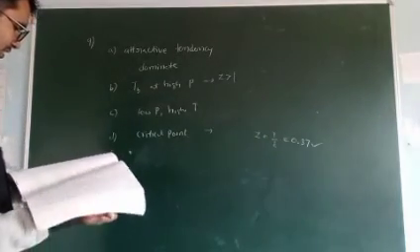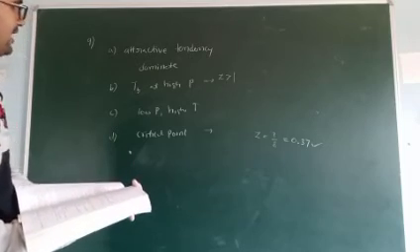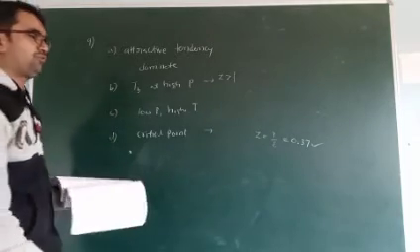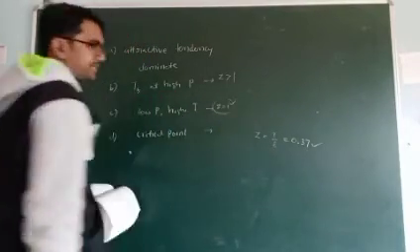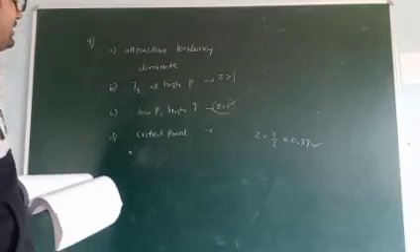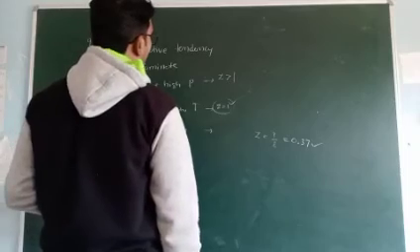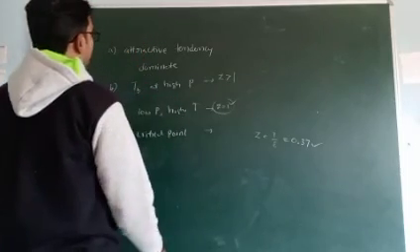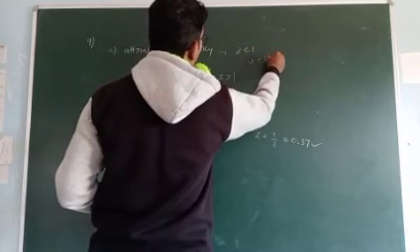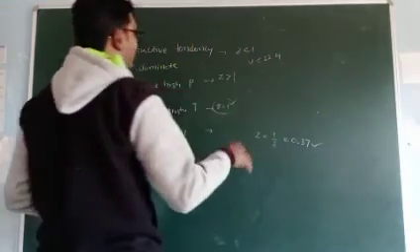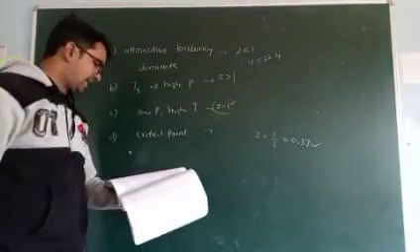Okay, the remaining two you can easily solve. At very low pressure, and C is low pressure and high temperature, that is Z is equal to 1. Z is equal to 1, Boyle's law conditions. These two are Boyle's law conditions. Attractive tendency dominates means Z is less than 1. Because Z less than 1 means volume is less than 22.4, and less than 22.4 means attractive forces are there. That's why volume decreases. Okay, this is about the 9th one.